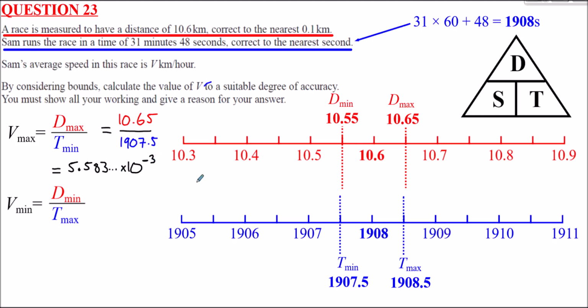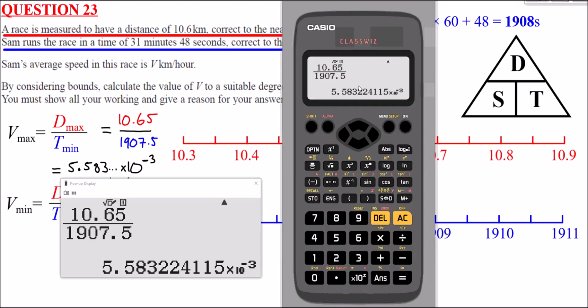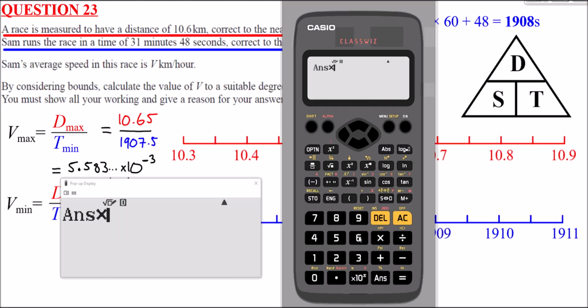Now you might be thinking, why is that number so small? Well, let's just consider the units we've used here. We've done kilometres divided by seconds. So the output is going to be kilometres per second. How many seconds make an hour though? Remember, we want our answer to be in hours. So what we're going to do here, we're going to multiply that by how many seconds make an hour. So this is per second, the distance covered. If I times by 60, that'll give me per minute. Multiply by 60 again, that will tell me kilometres per hour, which gives me